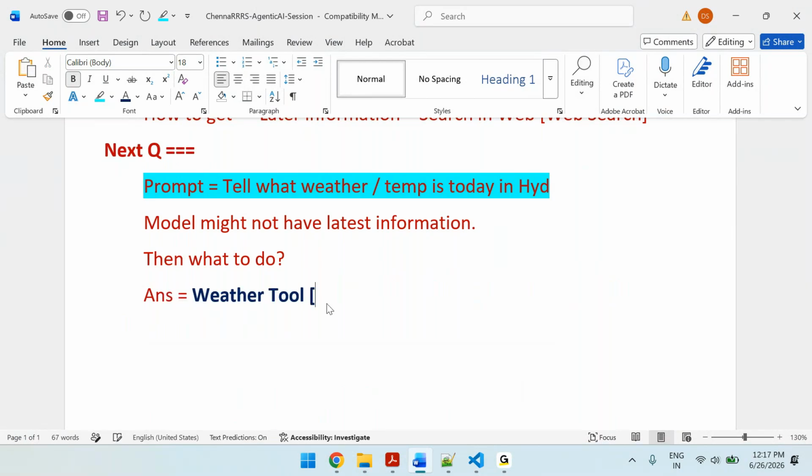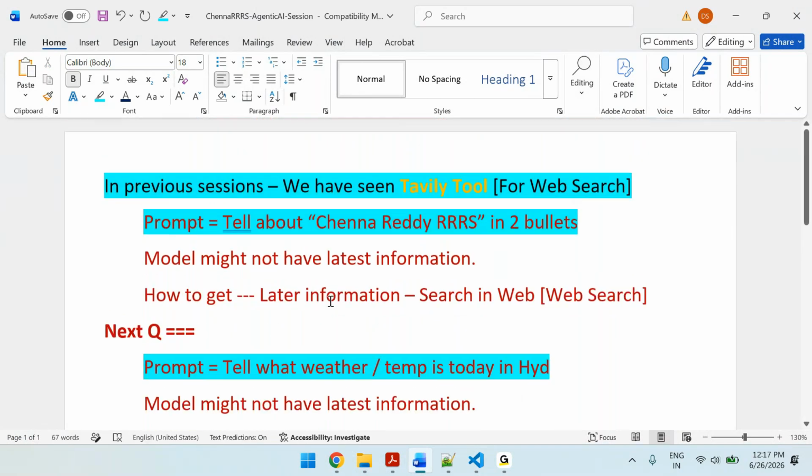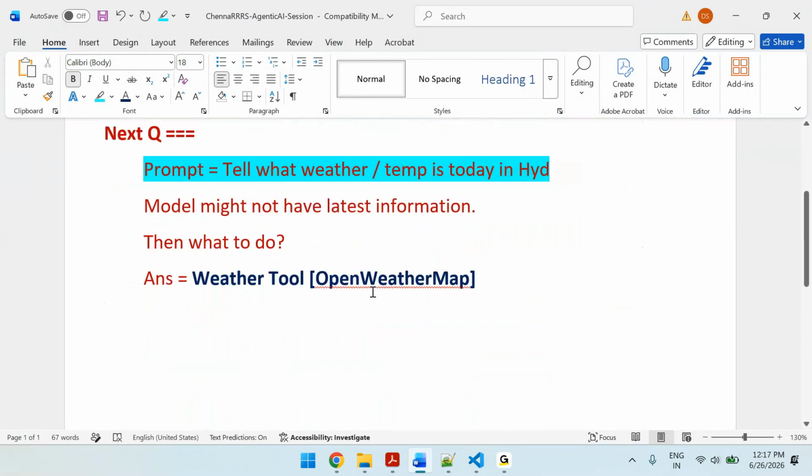So where is it available, or who is providing it? It's a part of Open Weather Map. Like here Tavily API, here Open Weather Map. This is the one which has the APIs that will help us get the latest weather of Hyderabad, Bangalore, whatever you want. So therefore, the next step is if I want to use this kind of API, the weather API,